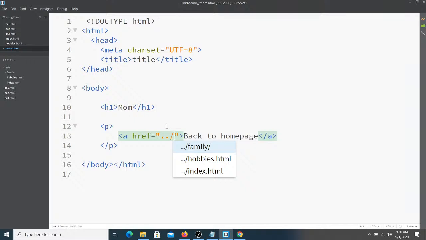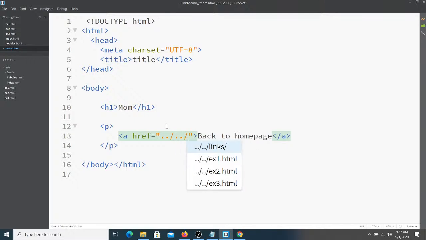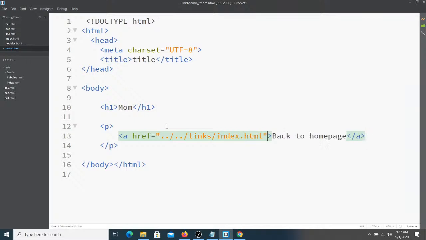If you're in a folder and you need to go up one level, you need to get out of that folder, we do .. And that means go up one level, and then from here we see our index.html page. Now, don't type this, but here's what I'll often see: people go too far. You can go up multiple levels. So I go up one folder, and then up another folder, and then I might want to go into links,